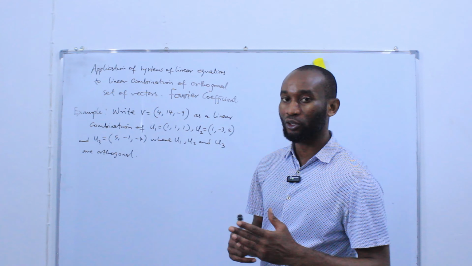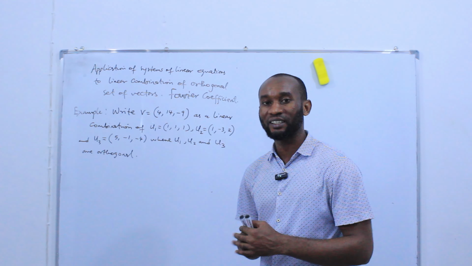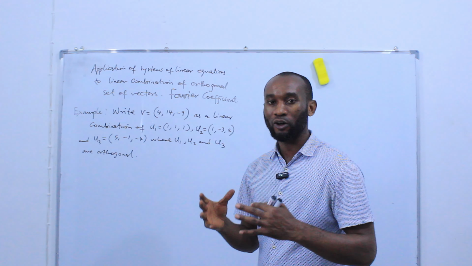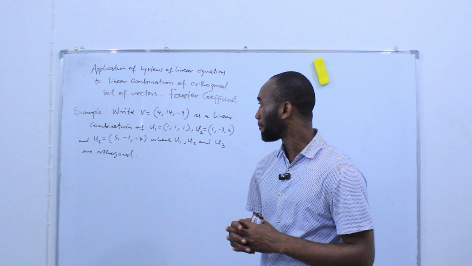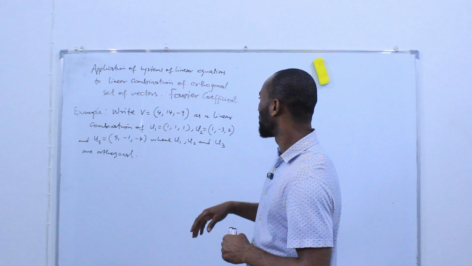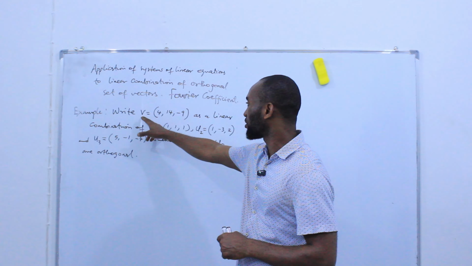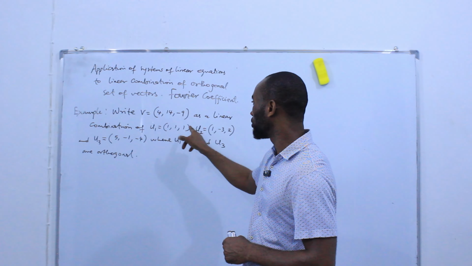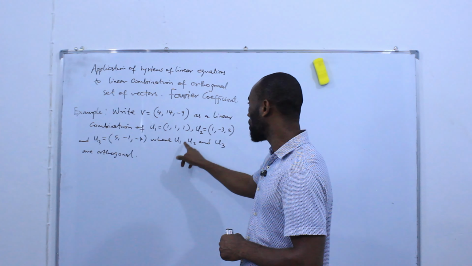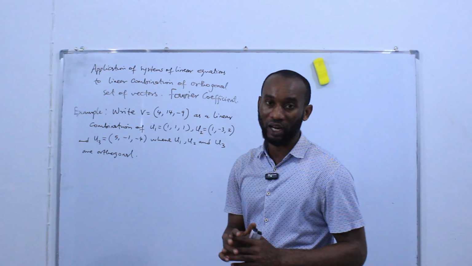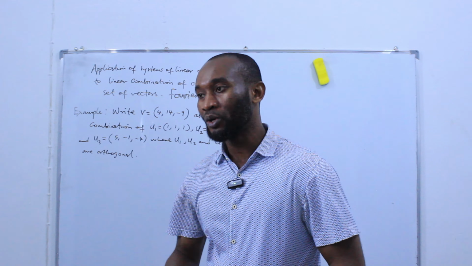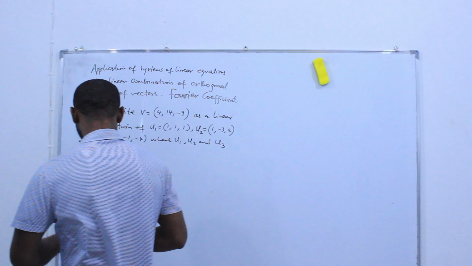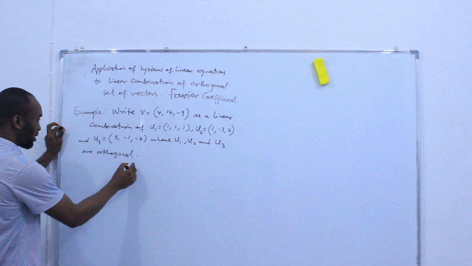Now, assuming that the vectors you want to get their linear combination of are orthogonal to each other. For instance, we have here on the board: write the vector v as a linear combination of u1, u2, and u3, where u1, u2, u3 are orthogonal. What do you do? First of all, remember that vectors are orthogonal